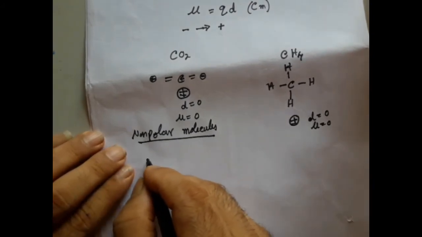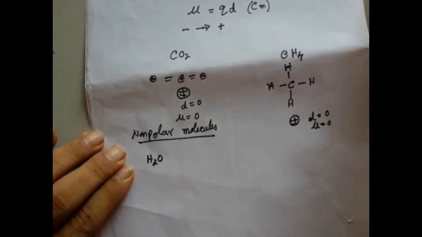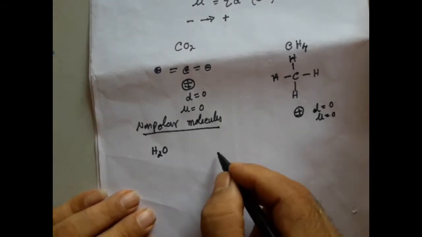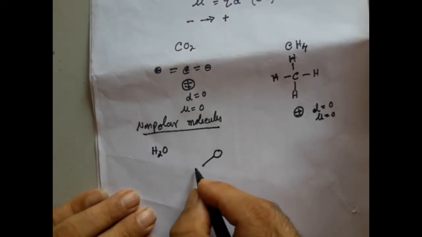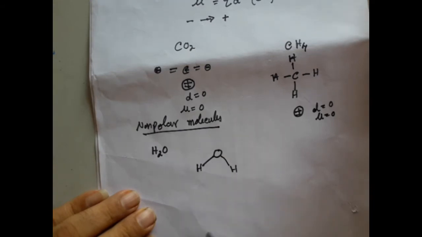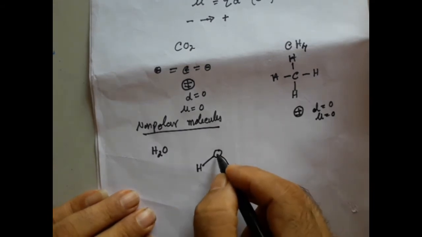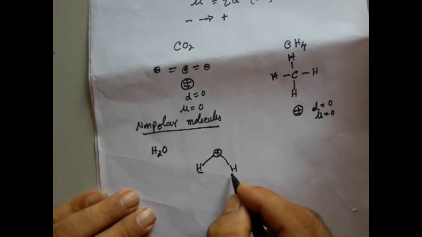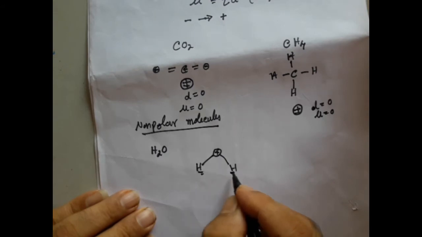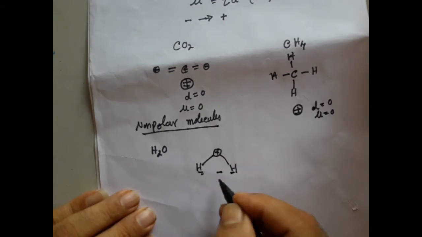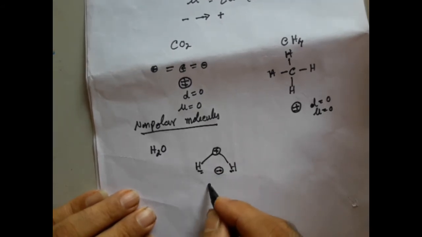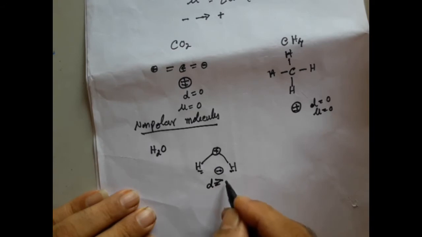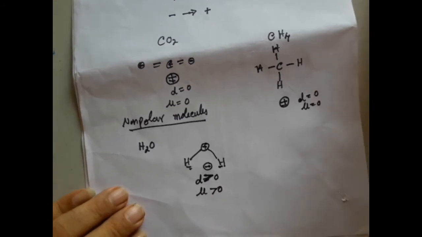Let us take some other example. The example is water. We are aware water has a single oxygen atom and two hydrogen atoms around it. And this oxygen, if you consider it as positive, and these hydrogen, if you take them as negative, the effective center of these two negative charges comes here, and now the positive charge and the negative charge are separated by a distance. Hence, the net distance is not equal to 0, or the distance is going to be greater than 0. Hence, the dipole moment is also going to be greater than 0.